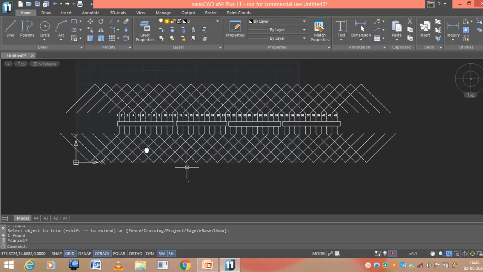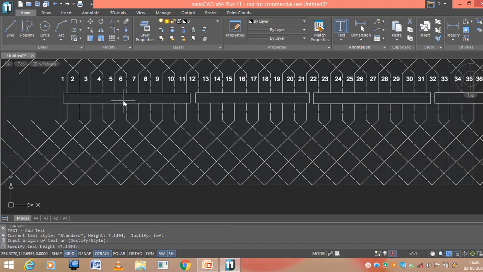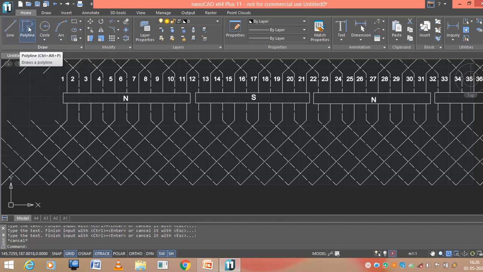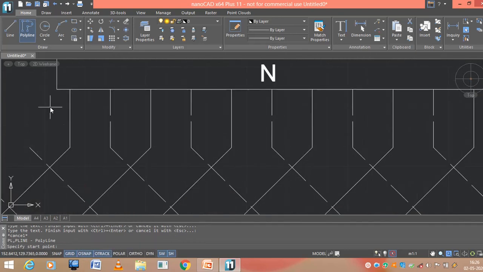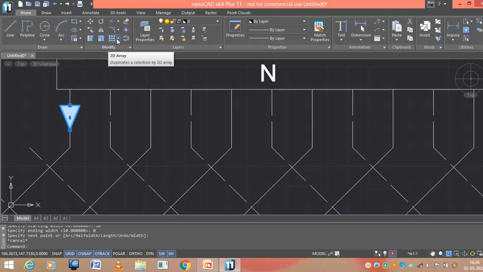Okay, now name the poles. North, south. Okay, so now we need to mark the direction of the induced EMF or induced current. For that, use polyline, and you can turn on the O snap. The width, let it be distance 0. These are the conductors which are under the north pole, the direction is towards commutator segments, and go for